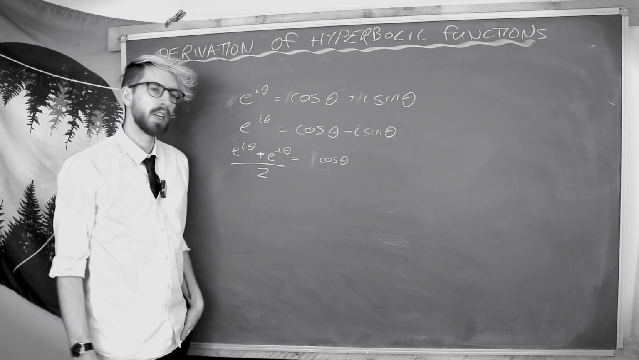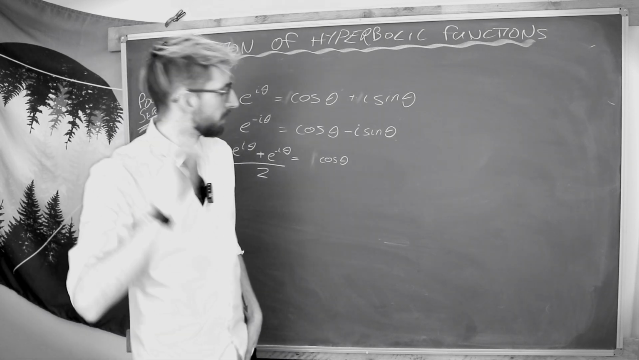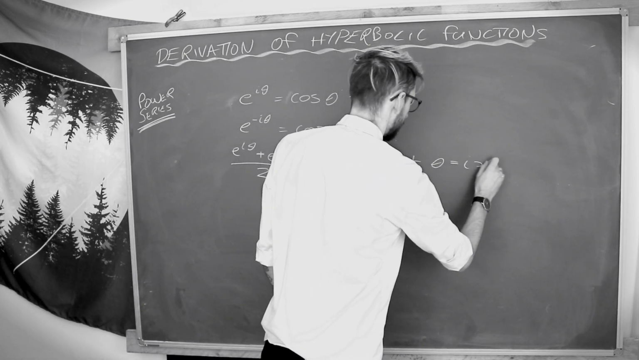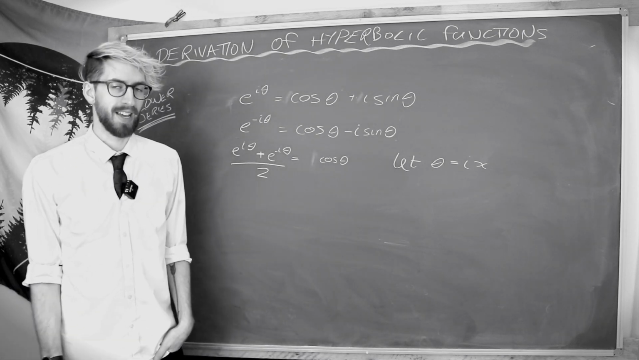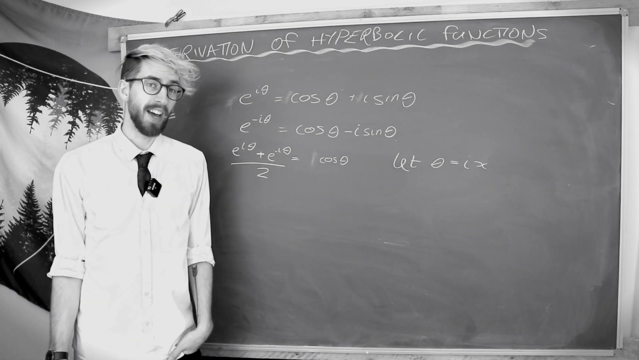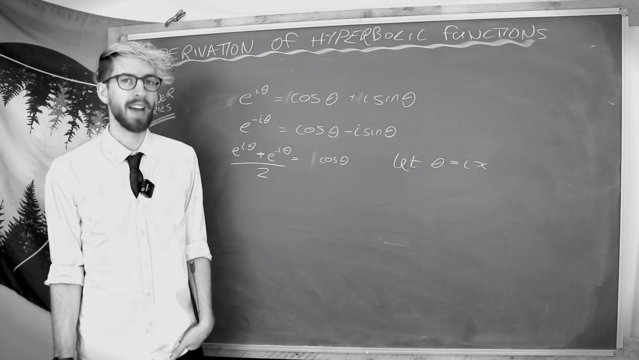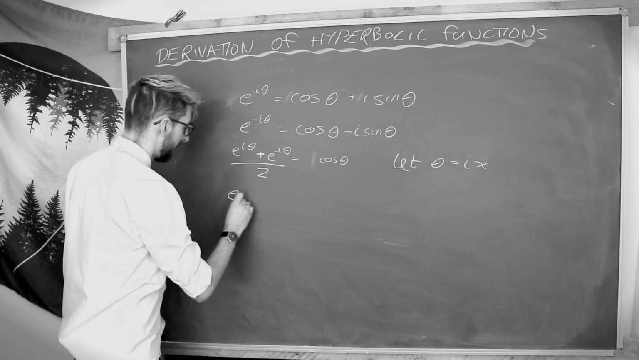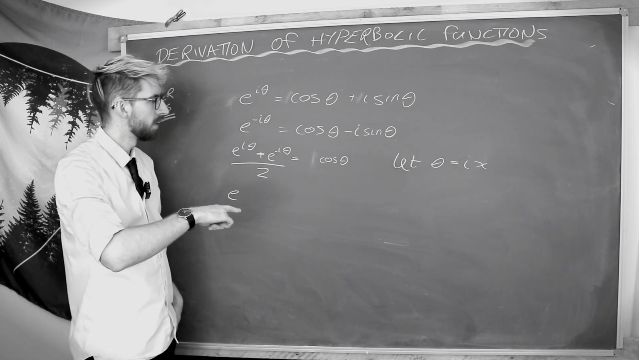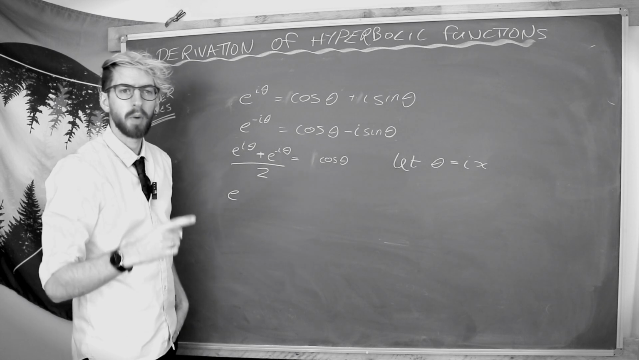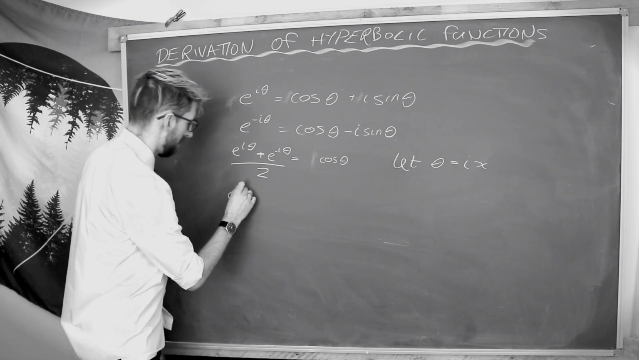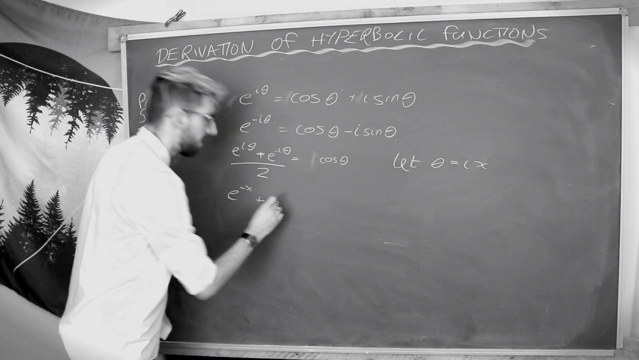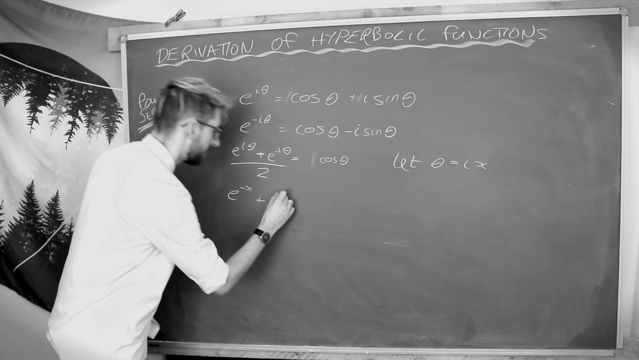So we're going to do this really cheeky little substitution. It's weird, this. You'll like it. Let theta equal ix. Everywhere, we're going to replace the theta with an i and an x. So we're going to get e to the power of i squared x. i squared is minus 1, so it's minus x, plus e to the power of, so it's plus